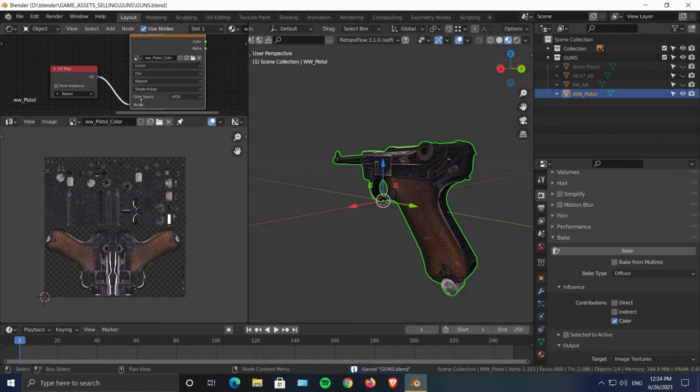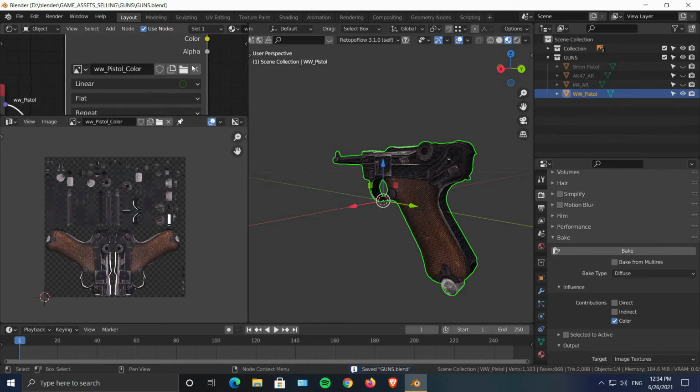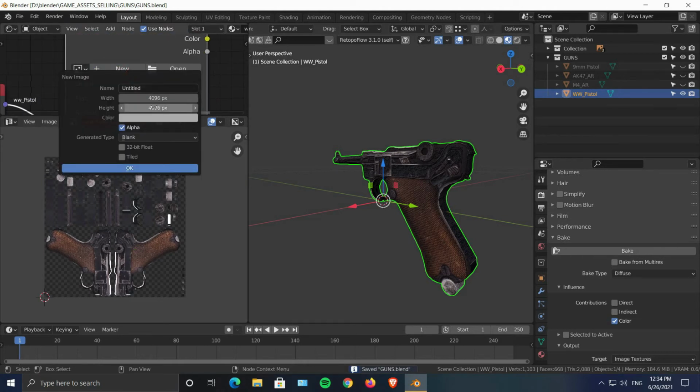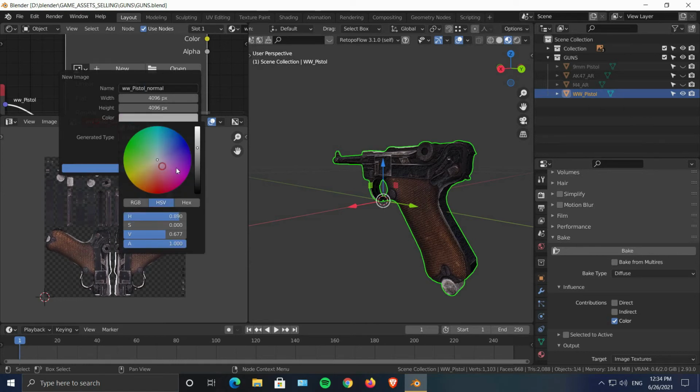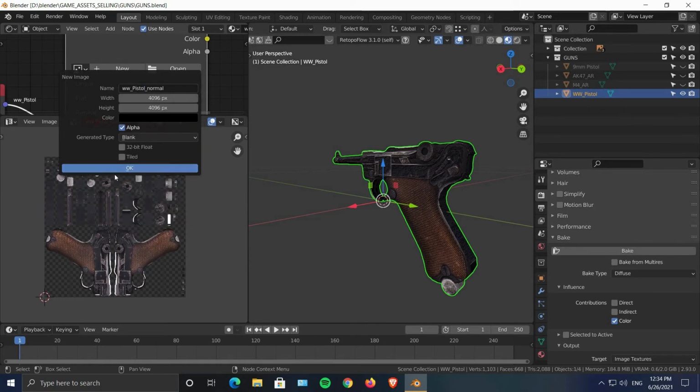Once you do that, all you need to do is delete this, create a new image, and name it World War Pistol underscore normal. This will be our normal map. You can choose any color you want, doesn't matter. I can make it fully black.